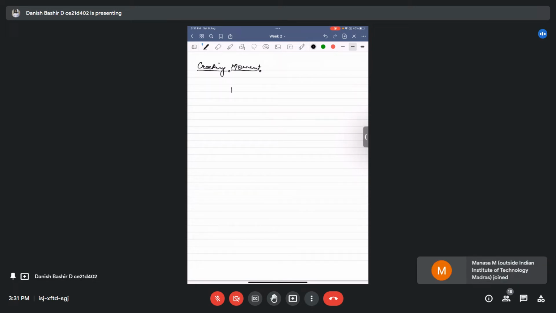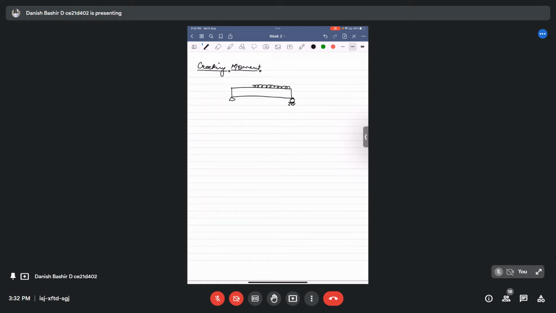For example, we have a beam. It is subjected to some loading. This loading induces stresses in the beam section. When we increase the loading such that the stresses go beyond the permissible limits, for example, the tensile or compressive stresses in the concrete go beyond the permissible limits on the top side, due to which cracks will occur. But the moment at which the first crack will occur is called the cracking